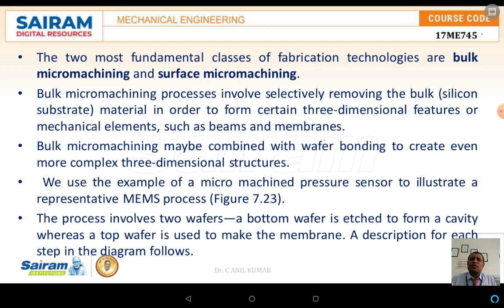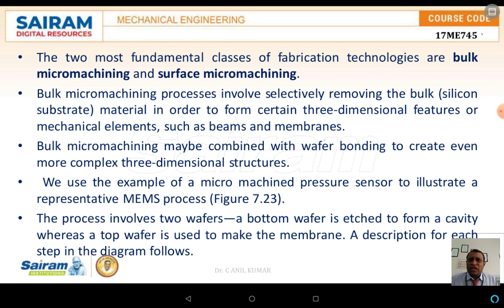The bulk machining process involves selectively removing the bulk silicon substrate material in order to form certain three-dimensional features on a mechanical element, such as beams or membranes. The bulk micro machining may be combined with wafer bonding to create even more complex three-dimensional structures.